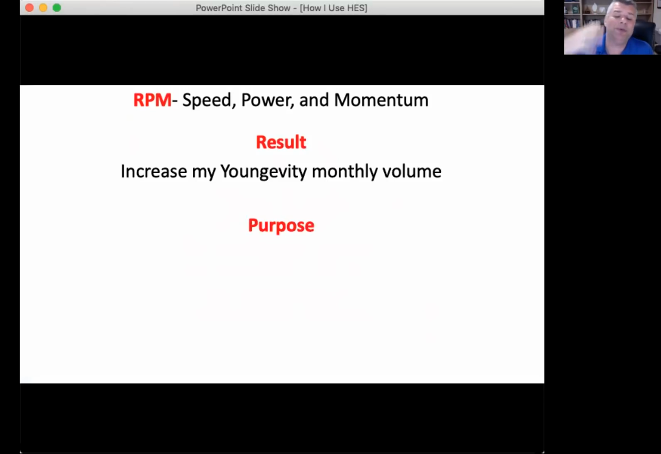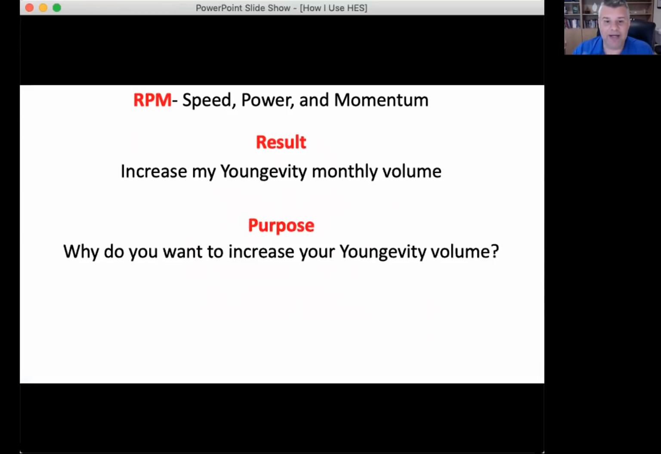Now, the purpose. Why in the world do you want to increase your Youngevity volume? This is really the million-dollar question, and the only person who can answer it is you. I can't encourage you enough, this weekend or over the next couple of days, to spend a lot of time on this one thing: really ask yourself, what is my why? Why am I doing this? Why do I want my Youngevity business to grow? If you don't figure this part out, you will never be successful. This really is the most important part,